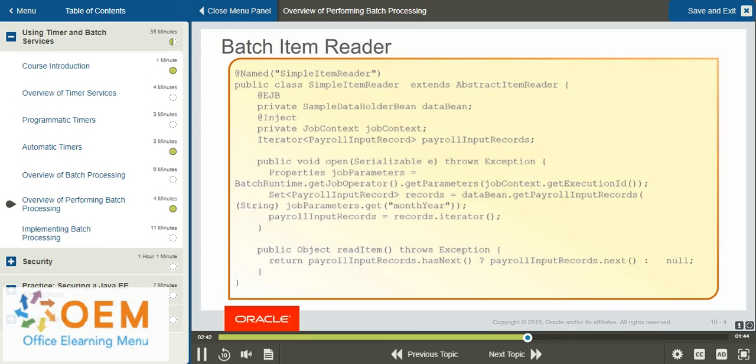The code in the slide shows a simple item reader. You can open a connection to a database, read an item, and return one item at a time in the read item method. A null returned tells the batch process that no more items are left. In this item reader, it retrieves a month year input